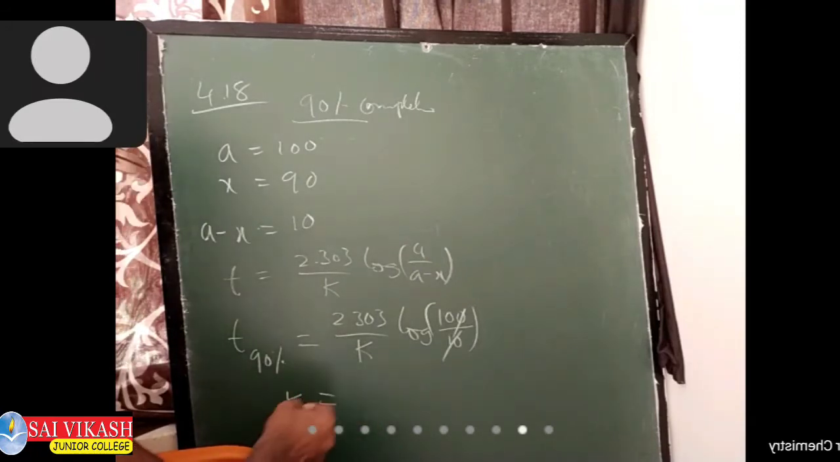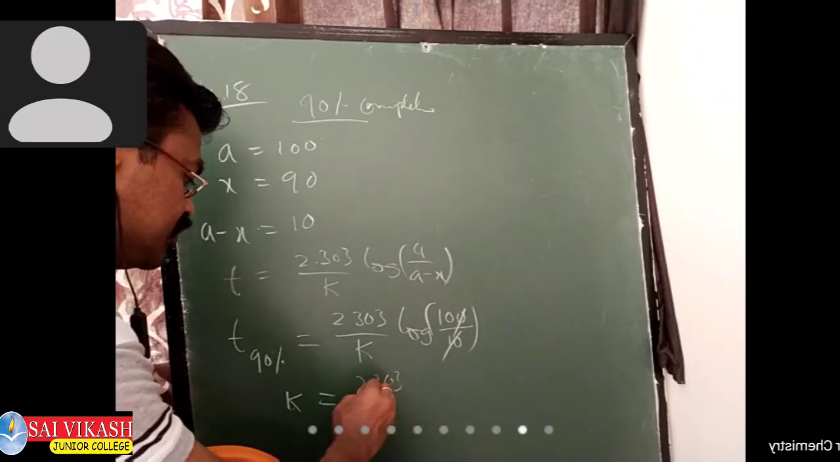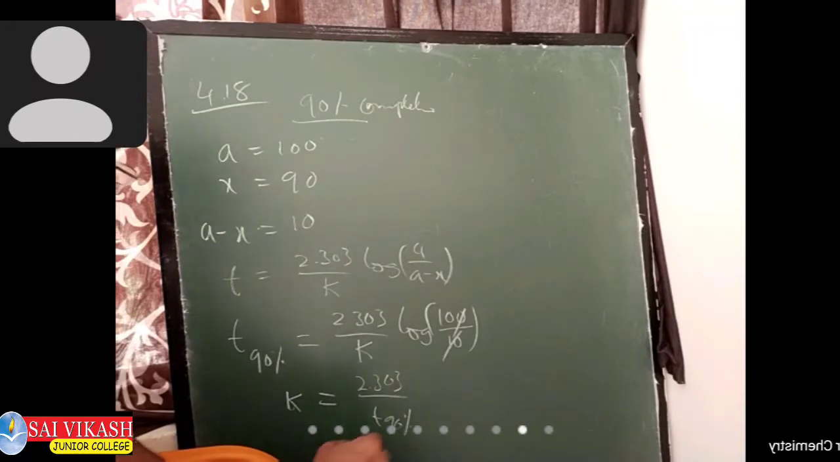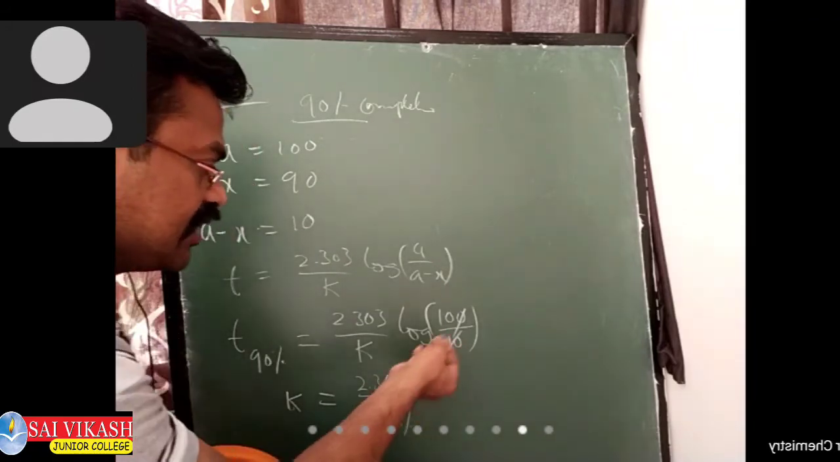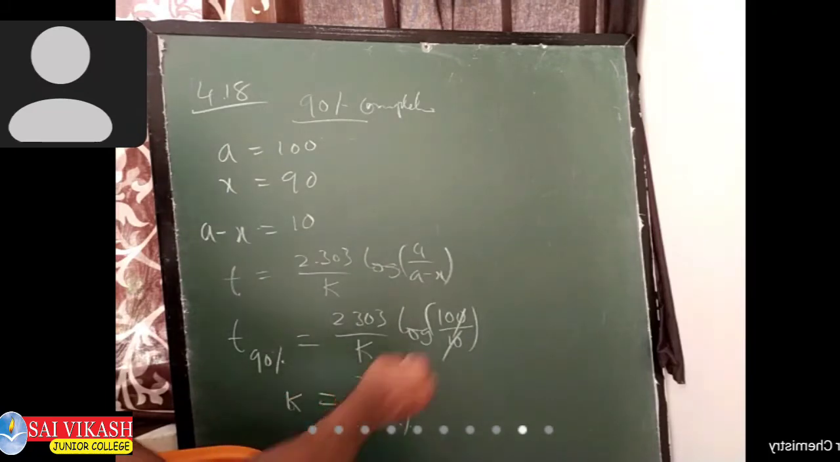Tell me K is equal to what happened. So K equal to 2.303 by T 90% into log 10 value how much? 1. ये 1 हो जाएगा. So this is K value. This K value substitute for